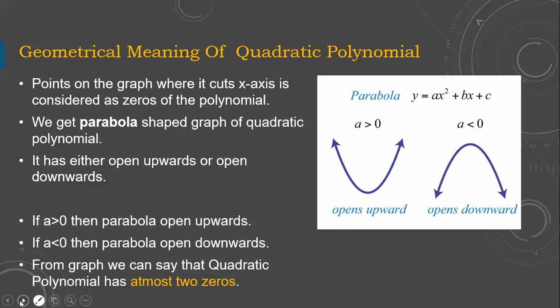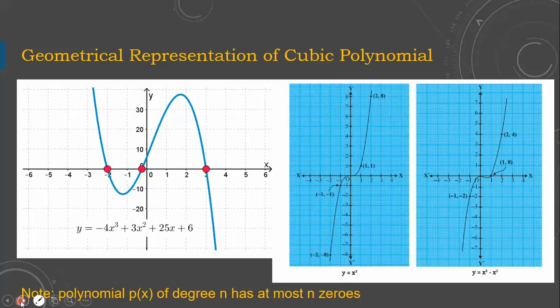Now let's see the cubic polynomial. What about the cubic polynomial? Which kind of graph does the cubic polynomial possess? Now you know, friends, the cubic polynomial has highest degree 3. Okay, polynomial having degree 3, we have already discussed that. See this graph, this is the graph of this polynomial, this is the shape, and you can observe here that 3 points are there. This graph cuts the x-axis in 3 different points, means it has 3 zeros.